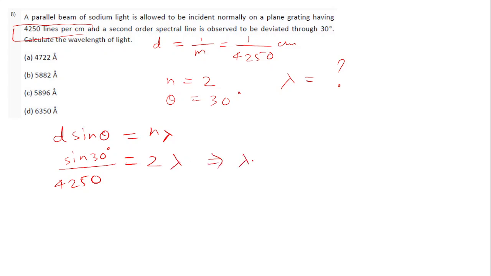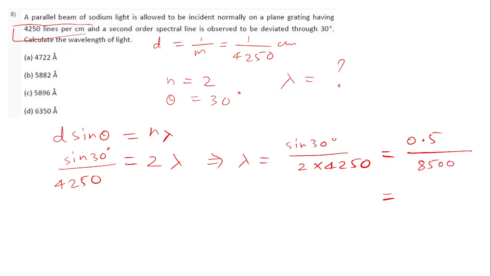It implies that lambda is sine 30 degrees divided by 2 times 4250. Now sine 30 degrees is 0.5, and the remaining 4250 multiplied by 2 is 8500. 0.5 divided by 8500 is